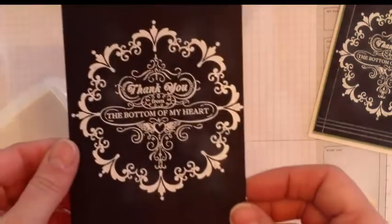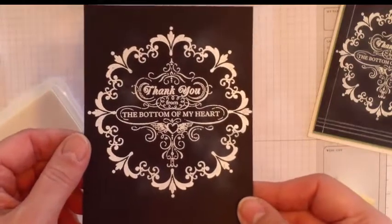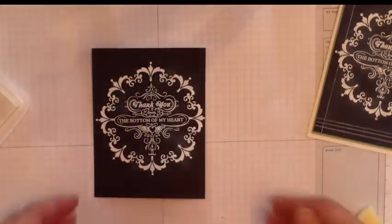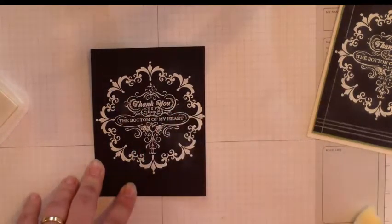Hope you can see that. Can you see where I've added some white in here? And you can add more later, so don't worry about that. Now the next thing that I do want to do is just provide a tiny bit of shadowing and depth